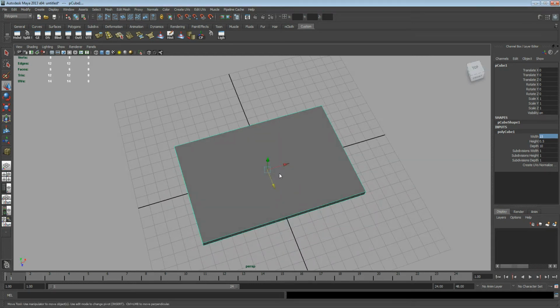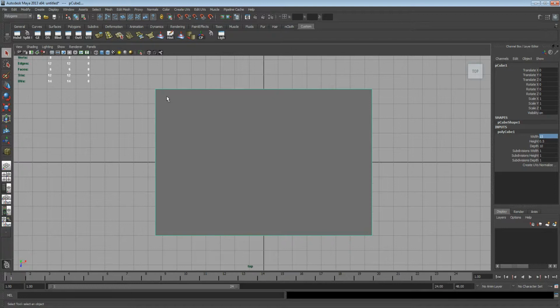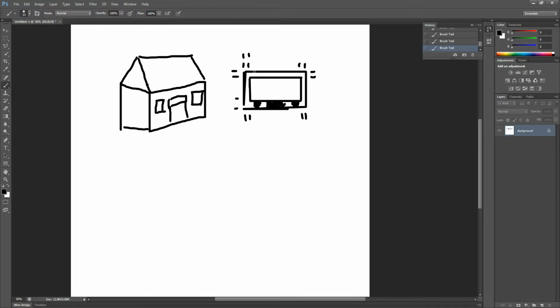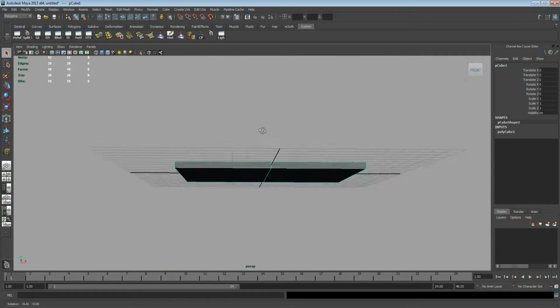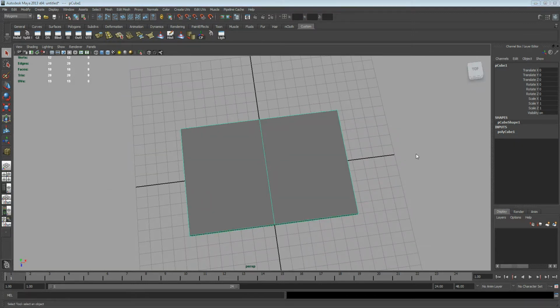Now if I go to my top view, this is what I'm gonna look at. And if you remember what our image looks like, we have two rectangles. And in my Maya, I'm just looking at my 3D object, just one rectangle. So how do I increase my rectangles, or what we call subdivisions? If I were to increase my subdivision width, maybe to 2, I see this extra edge running across. If I look in my perspective view, it's going to run across. So going back to my top view,